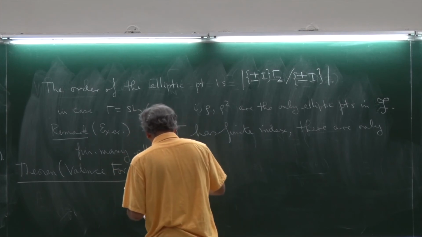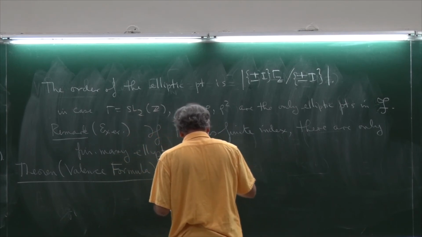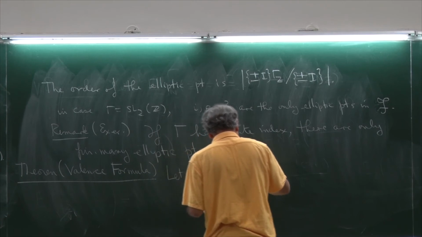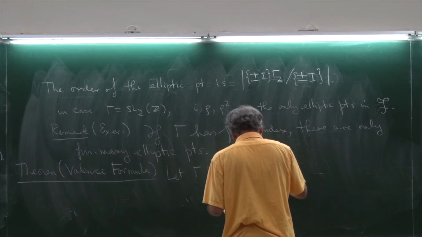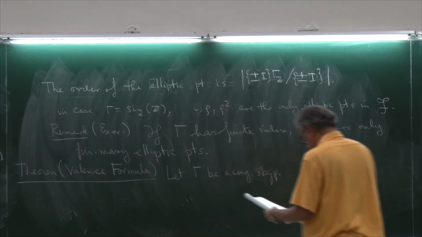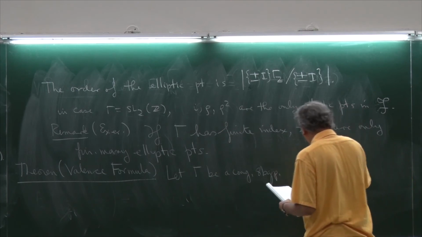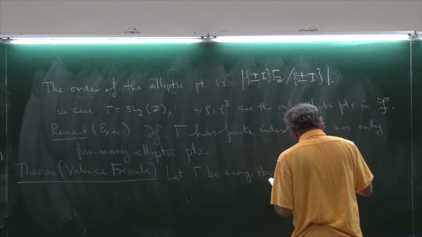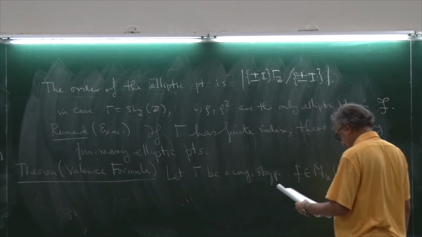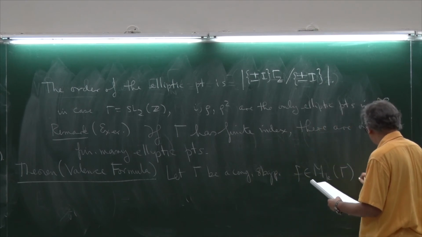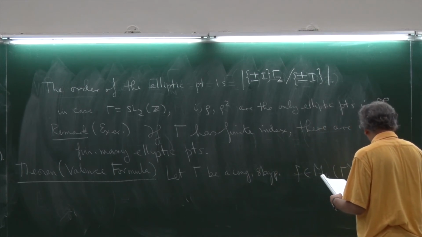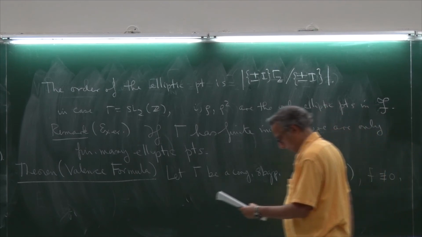So let gamma be a congruence subgroup, f in M_k of gamma, f not identically 0, then